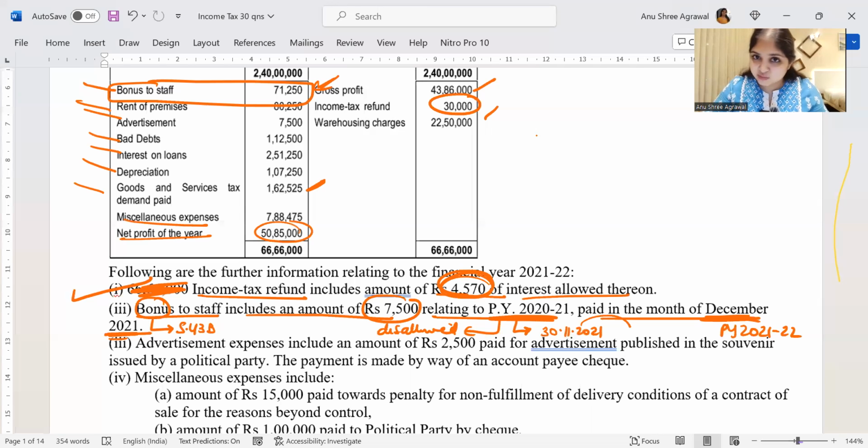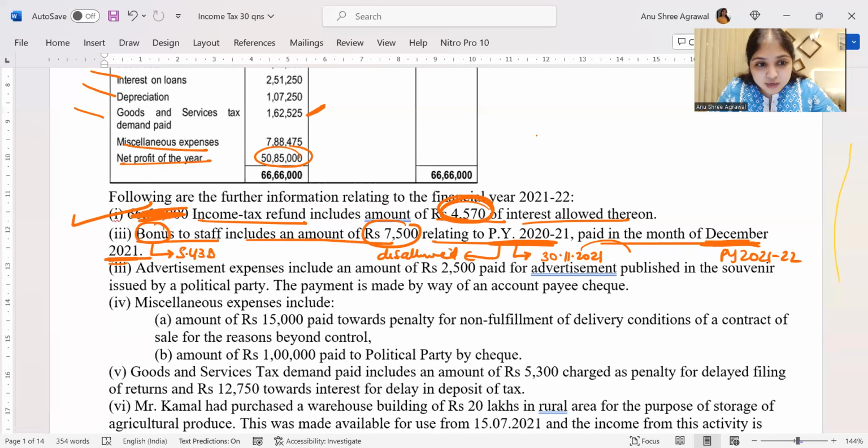Did you understand this adjustment, everybody? This bonus relates to 2021 year. It relates to an earlier year. In that year, within 139 due date, I did not make the payment. So, of course, in that earlier year, it would have been disallowed for me. But now I have made the payment. In December 2021, I have made the payment. In current year, I have made the payment. Therefore, in current year, it should be allowed. And the question says that the P&L already includes this number. Because it already includes this number, is there anything left for me to do? There's nothing left for me to do. So this adjustment gets over right here.